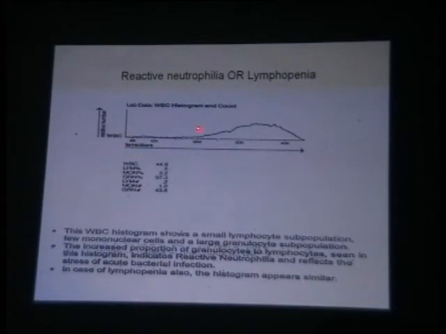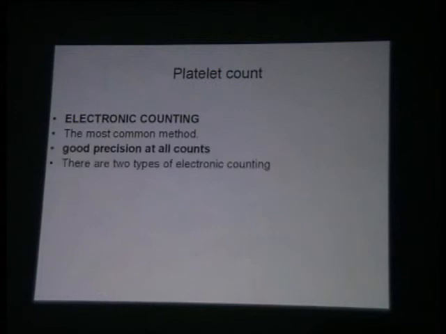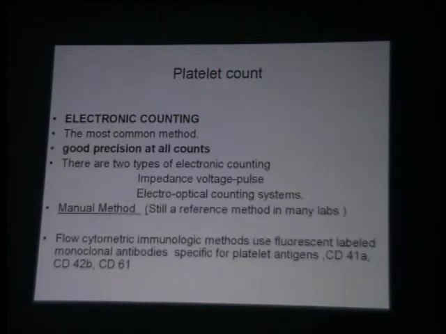Now this is again neutrophilia that you have. Next please. So broadly speaking, that is your histogram. As I have been telling you that platelets, clumps and giant platelets can interfere in this area of your histogram. Lymphocytes, atypical lymphocytes, blasts, plasma cells, then the mid population where you can have promyelocytes, myelocytes, eosinophils, and the mature granulocytes. Next please. Next.